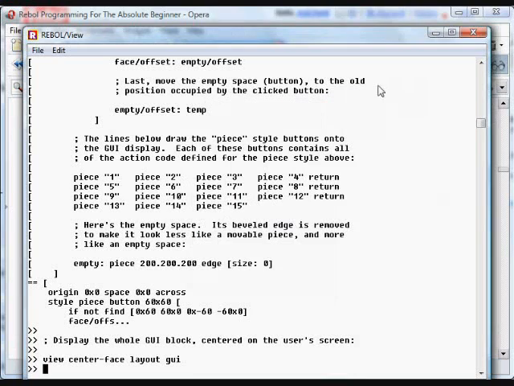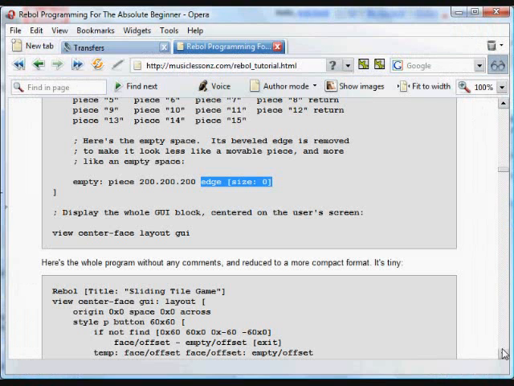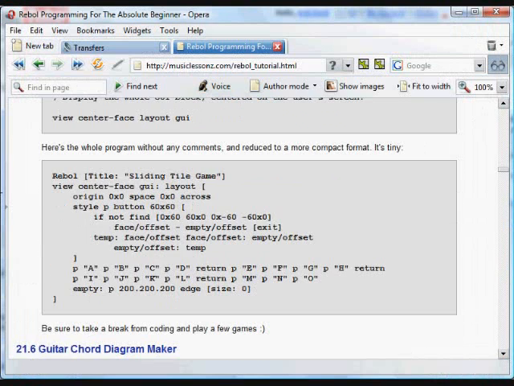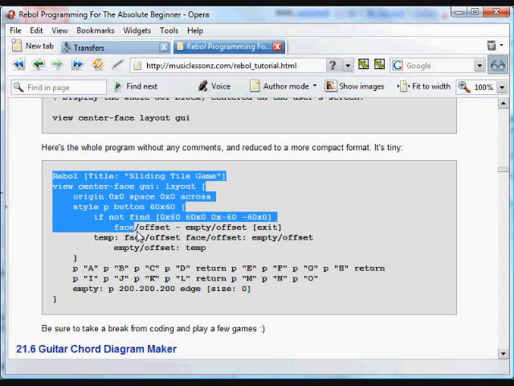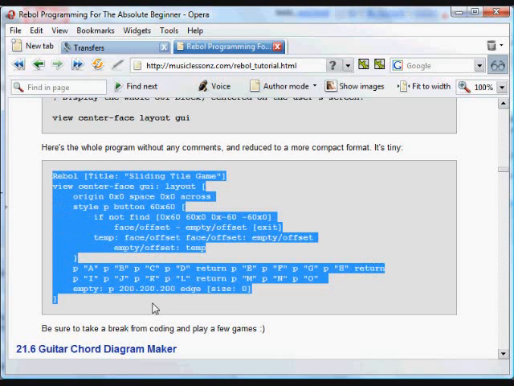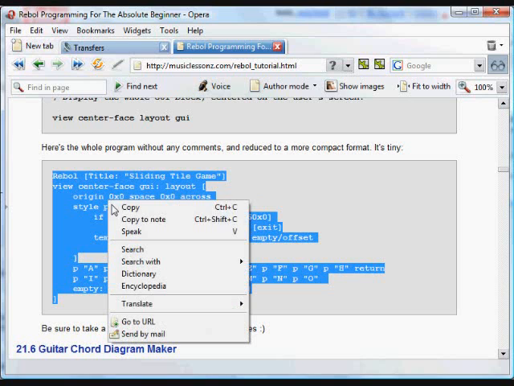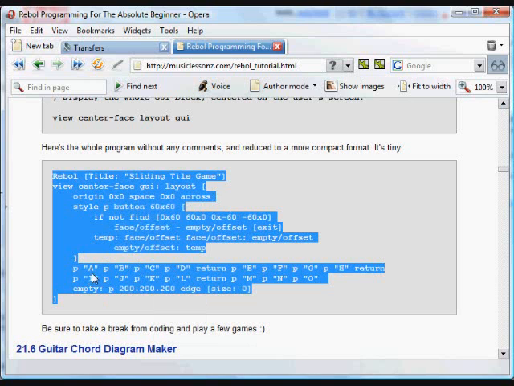In fact, the next little example here is the same program written without all the comments. That's all the code it takes. The only difference here is that I use letters instead of numbers. This is all the exact same code. Again, we got